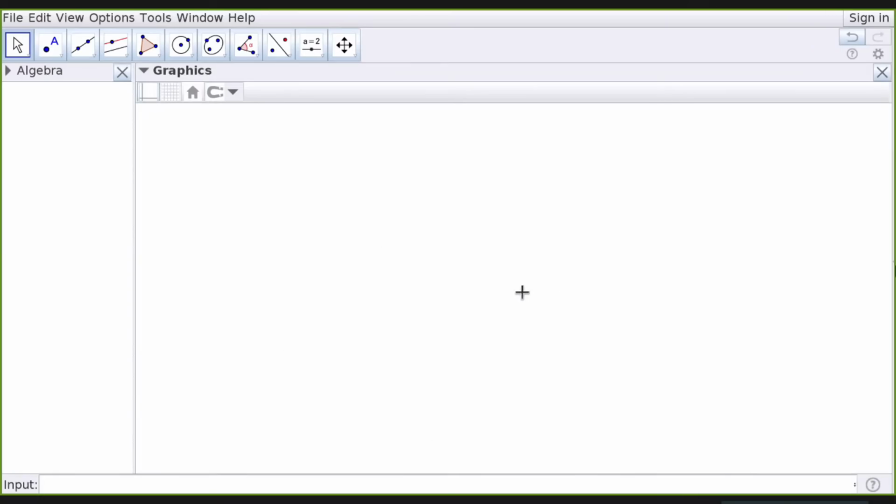Now what I am going to do is draw a rectangle with sides AB equal to 4 units and BC equal to 3 units. When you are drawing through GeoGebra, what you should keep in mind is how you would draw with the paper and pencil method in the classroom. The same thing you have to think and execute here.